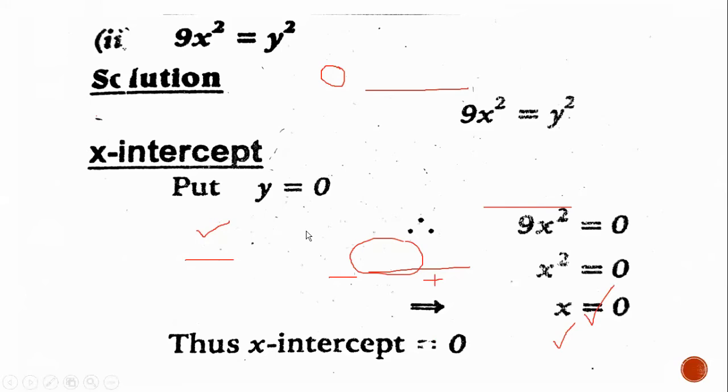In the next slide, we are doing the same. Our curve is 9x square is equal to y square. And for this curve, they are asking us to find its x-intercept. So I am taking the pen right now. x-intercept is our heading. To calculate the x-intercept, we have to choose y as 0. So when you substitute y as 0 in the equation, 0 square gives us 0. So we got 9x square equals 0.